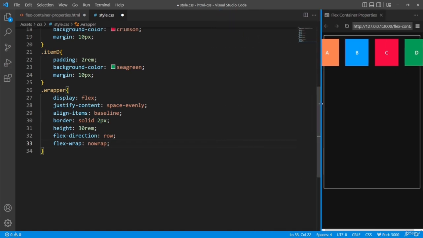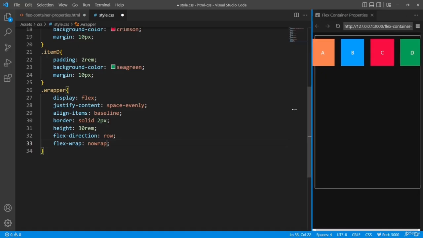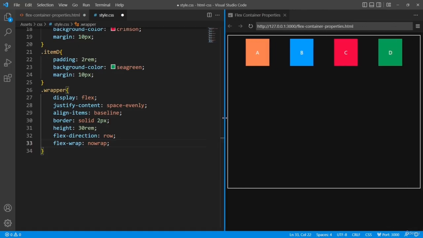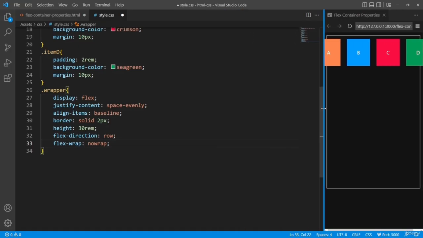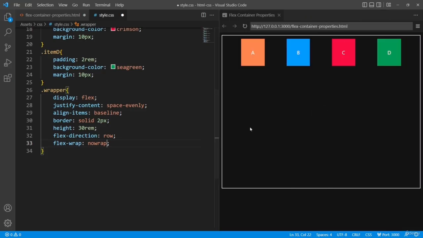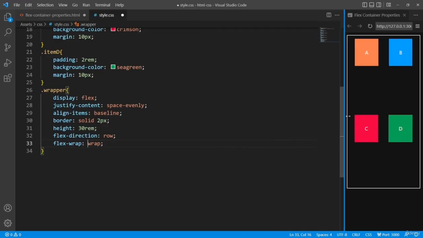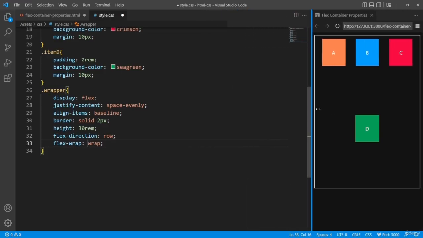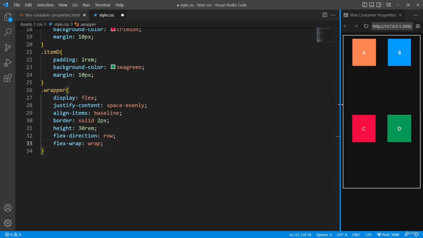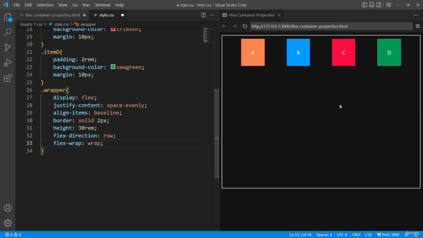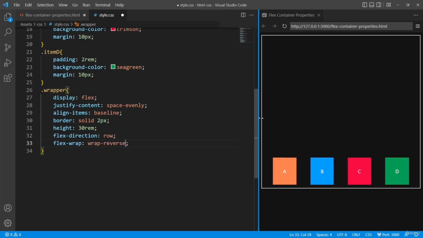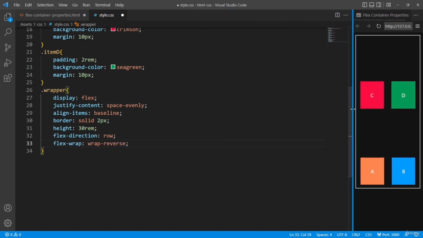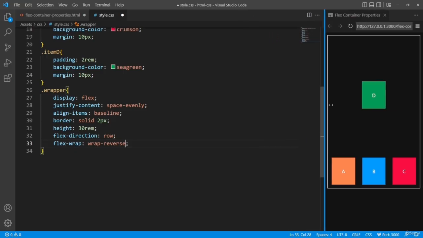It is useful in situations where you want your content or elements to be displayed in a single line and not distributed in multiple lines. Now let's set the value to wrap and resize the screen. You can see now the items are allowed to be wrapped inside their container. Next value is the wrap reverse. So let me apply that. The wrap reverse option is going to reverse the flow of flex items when they wrap on a new line,